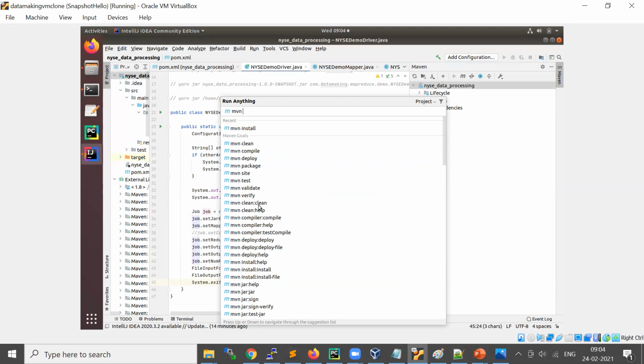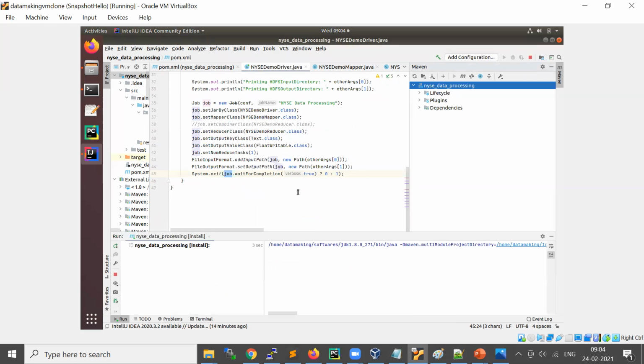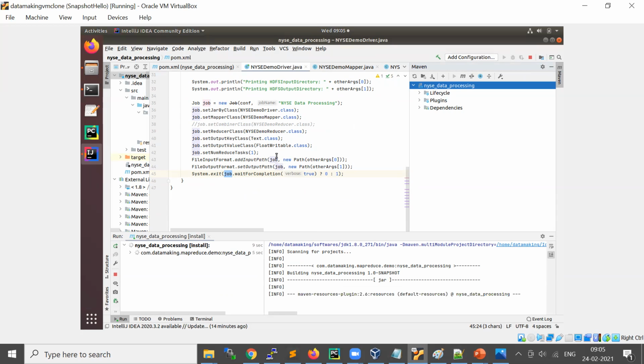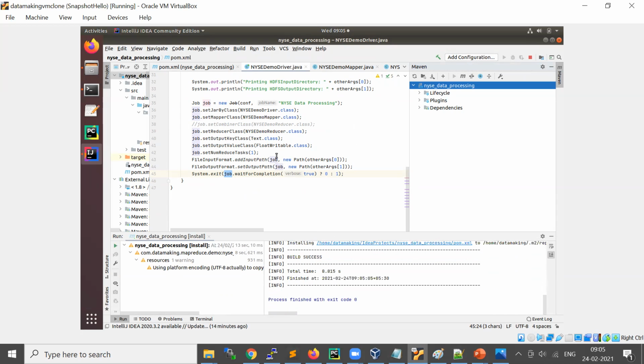You can even do it on the command line, or you can run this. You can do install, and it is going to build your Java classes into a jar file as a packaged file.